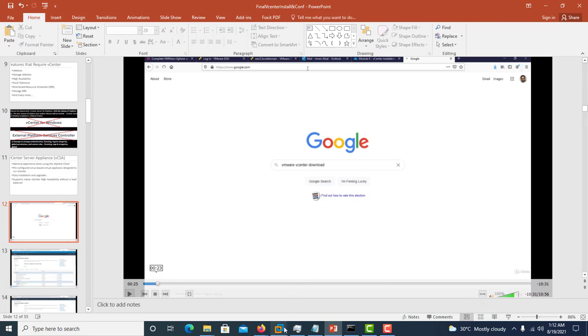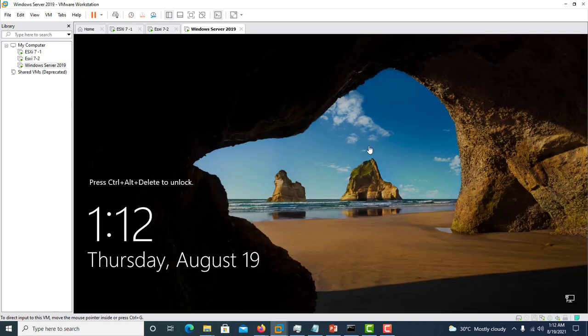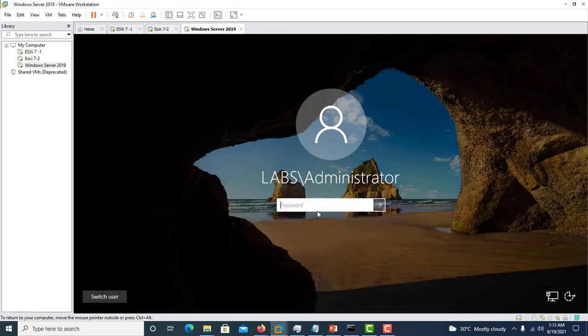As you can see, I am using VMware Workstation version 16.0, on which I have created two Esxi servers, Esxi Server 01 and Esxi Server 02, and a Windows 2019 server as a domain controller. So I move to my Windows 2012 server